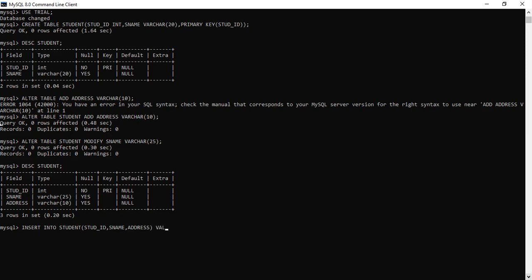To this I'm applying the values. I'm adding now the values, that is nothing but the records, the data of this student table. So let us give the stud id. It is of integer type. Yes, what is the data type of the stud id? Integer. Integer is nothing but numerical values. So let me give the roll number of the student as, suppose,